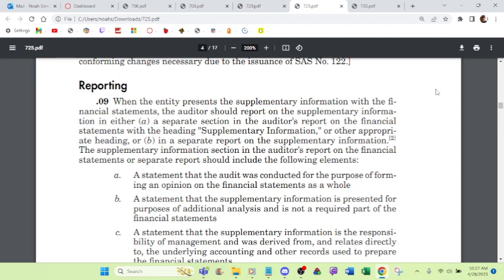The auditor should report on the supplementary information in either a separate section in the auditor's report on the financial statements with the heading Supplementary Information or other appropriate heading, or in a separate report on the supplementary information. The supplementary information section in the auditor's report on the financial statements or separate report should include the following elements: